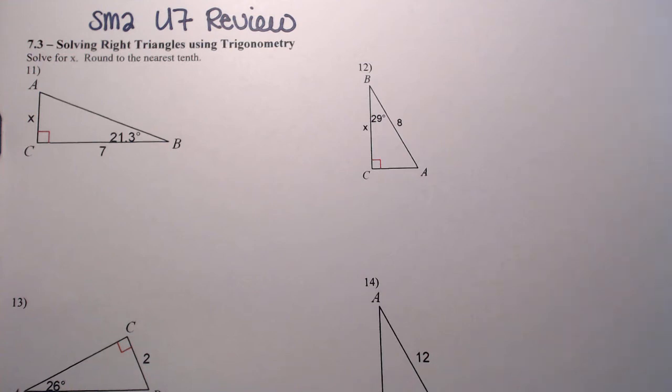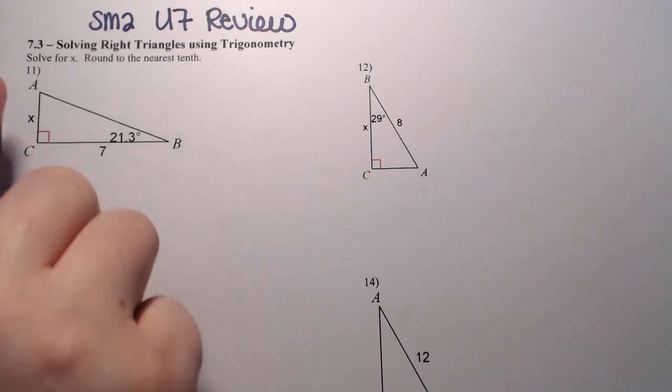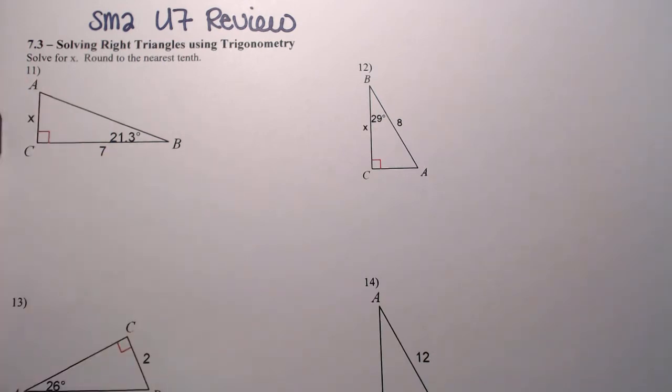This is Secondary Math 2 Unit 7 review, and I'm going to go over the third section. I'm hoping to get all of the third section in one video, but if I need to split it up, I will. So when I'm using trig to solve for right triangles,